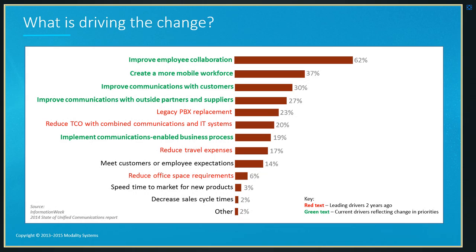What is interesting is that over the last 4 or 5 years we've seen quite a change in what is driving some of these changes in the business. Probably 3, maybe 4 years ago, a lot of the justification for moving towards UC, and particularly Lync, was based on cost-based savings. Now, whilst they're very much still a good part of the business case, we're seeing more and more now that actually the collaborative element, the mobile technologies, the productivity, and all of those kind of new features are actually driving the change and the benefits within the organization, which really does make quite a change for the business itself.